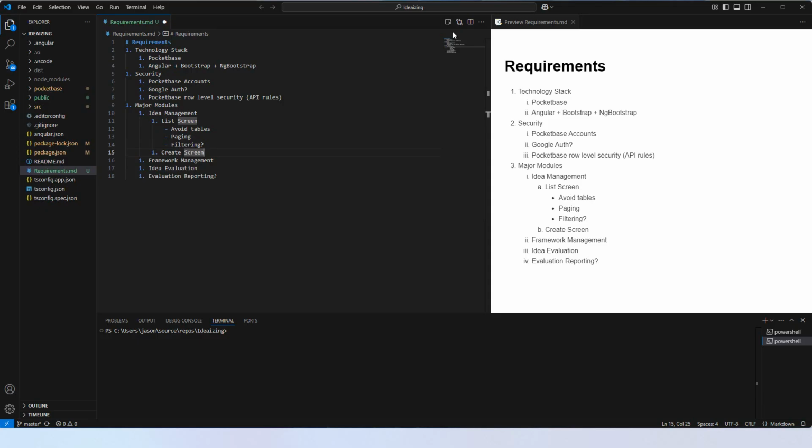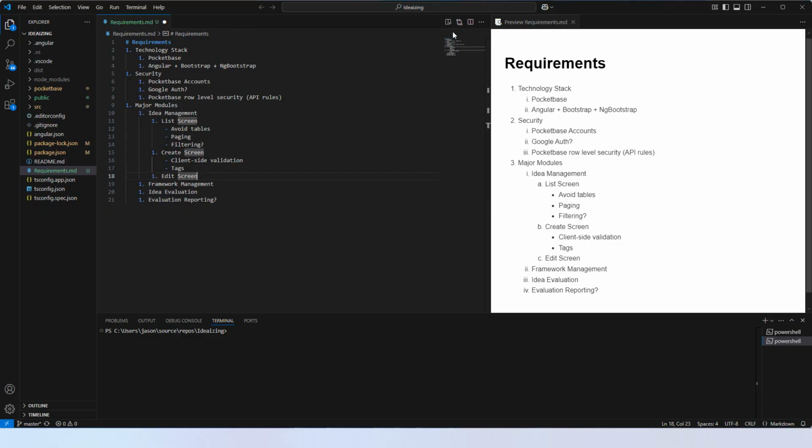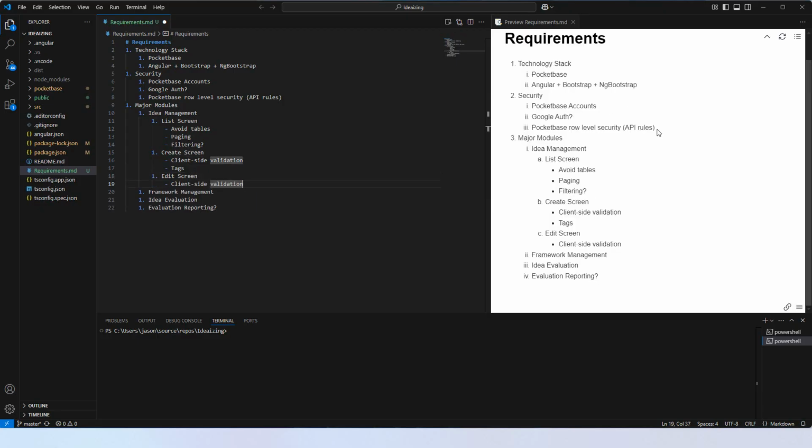I'll also need a way to add ideas to the system. And when I'm doing that, I need to make sure I have nice tight client-side validation. And I want to make sure I also give the user some way to associate tags to the idea as they're being added. I need a screen to edit ideas already in the system. And just like the create screen, I'll need good client-side validation. And I need to